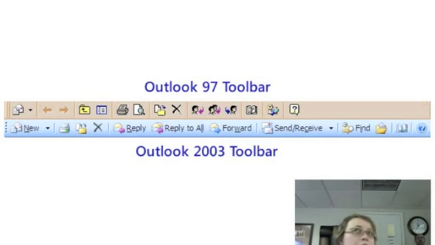So another issue that can come up with icons, outside of not understanding them or knowing what they actually are meant to do,